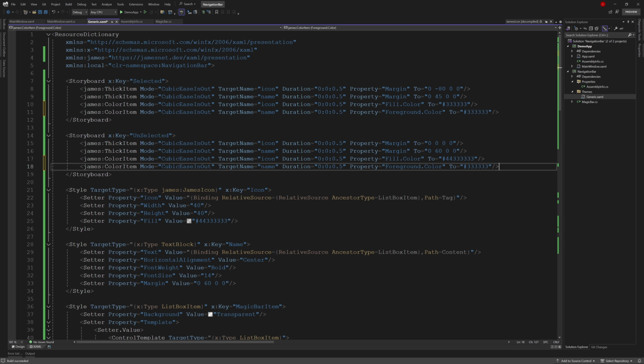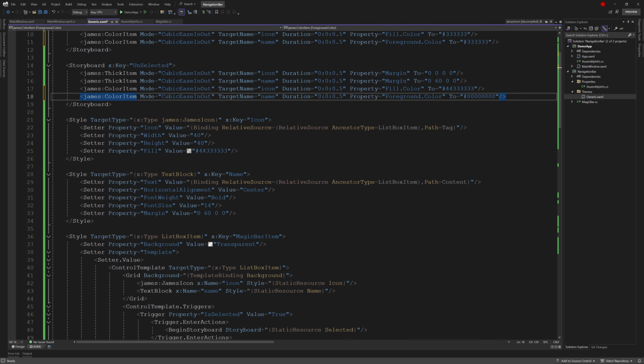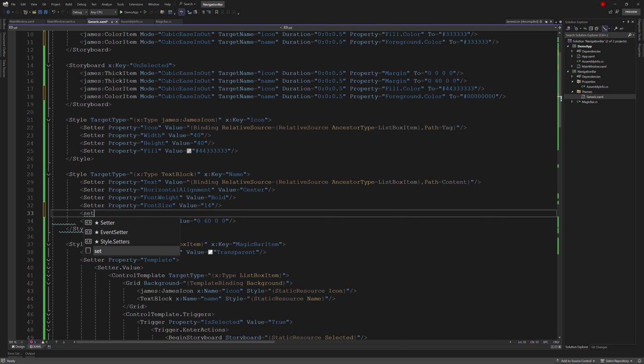For the unselected part, I want the text to disappear, so we add a transparent color. You can directly write transparent in English, but I prefer to use a numerical form to keep it consistent with the other. Then we go back to the text block and set the basic foreground color to transparent.